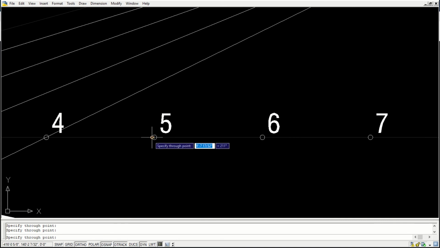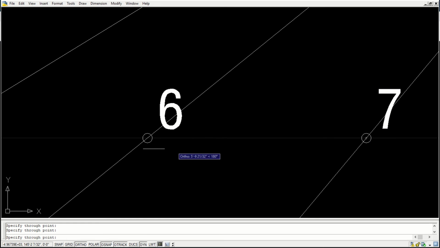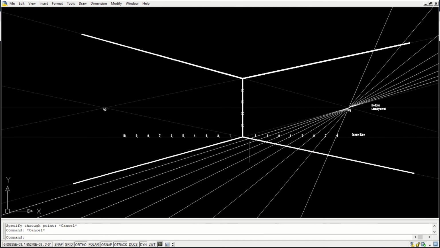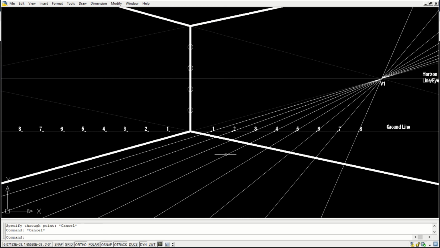Okay, so this will be a 2 feet by 2 feet grid that we are trying to create using the measurement that we have in hand. This will be the correct grid measurements. Do not ever take measurements here and divide it, because this is a vanishing line, which is not the correct place for taking measurements. The measurement should be taken on the ground line. That line has to be projected to these vanishing lines, which form one edge of your room, and from here the tiles are started.